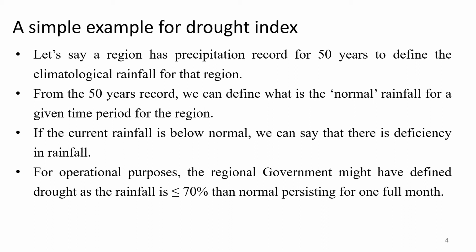Like that, each government or each region will have a threshold. If the rainfall goes below the normal by a certain level, they will say this is drought. Or if the rainfall goes higher than the normal by a certain amount, they say this is a surplus year. If the rainfall lies between 90 to 100%, it's a normal year, or 90 to 105%, it's a normal year. If it is more than 105%, it is a surplus year. Like that, they will define. So this is a very simple example of a drought index. Climatologically defining a normal rainfall and then calculating percent of normal rainfall is a very simple but widely used drought index.